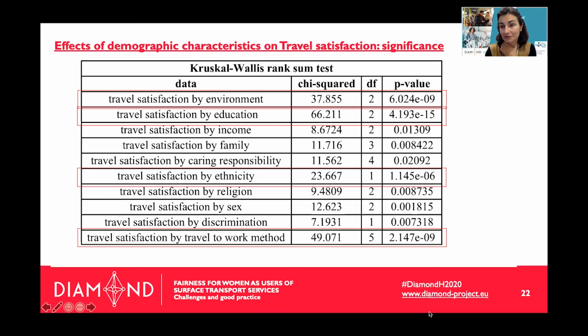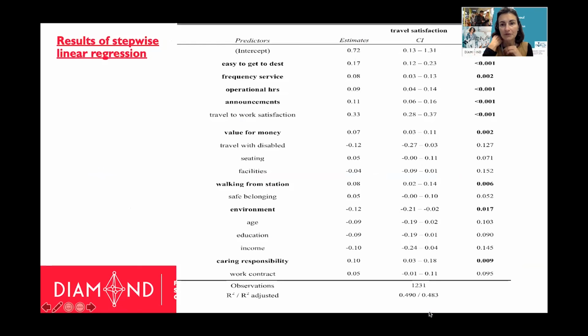Education: the more educated the responders were, the less satisfied they seemed to be. And ethnicity, which is probably related to other aspects. Unfortunately, people who are out-group seem to be less satisfied with the level of services. We also ran stepwise linear regression analysis to identify characteristics that are very significant in determining and predicting the level